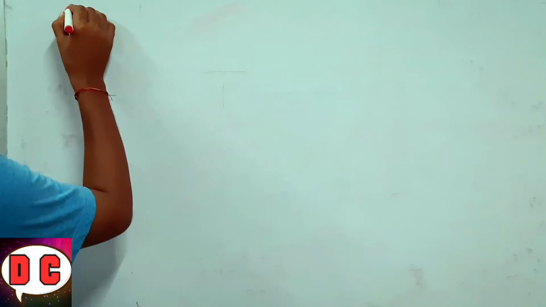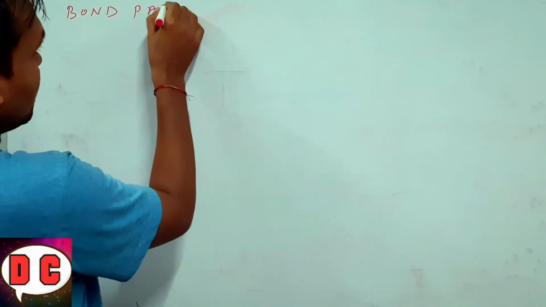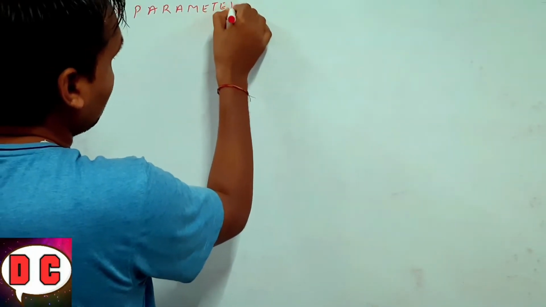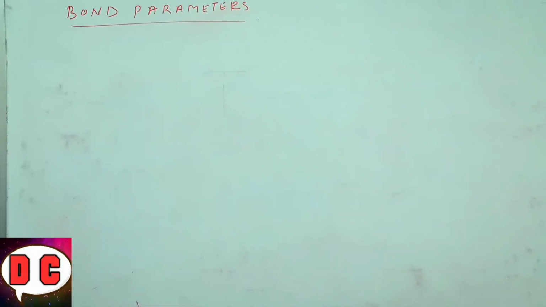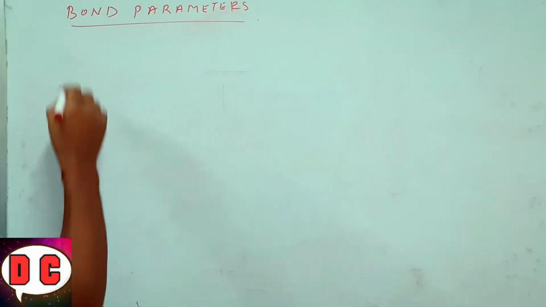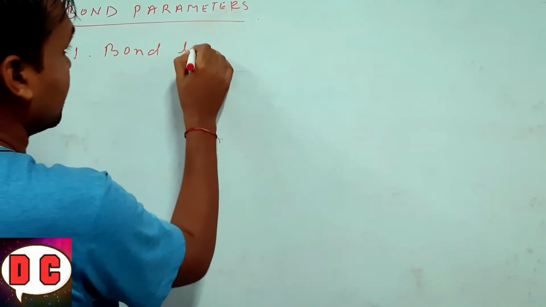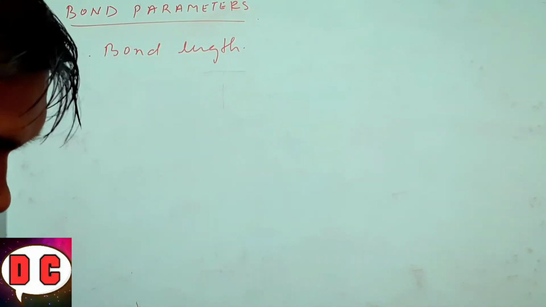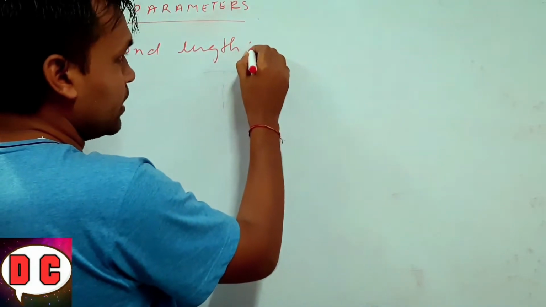So, bond parameters. The first bond parameter we are going to discuss today morning is bond length. So what is bond length? If we want to define bond length, it is defined as